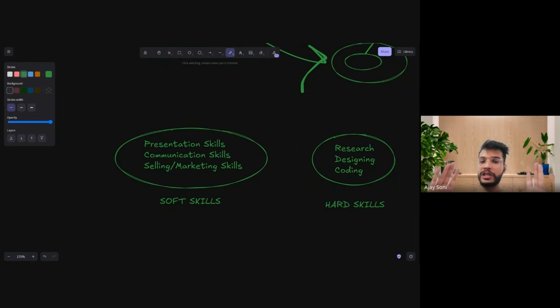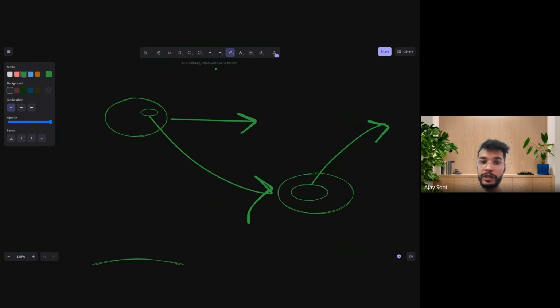Now, there is no scope for bluffing, right? You cannot bluff in an interview or in a presentation about things that you have not done at all. Why am I saying this? Let's say you talked about some design process, and you mentioned the Stanford design process, right?